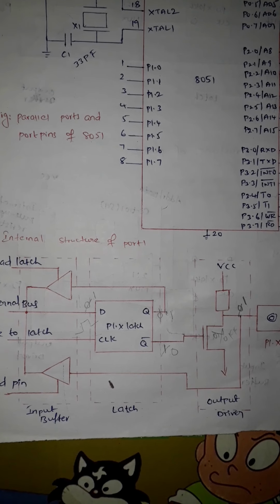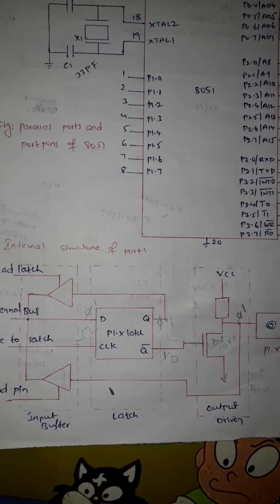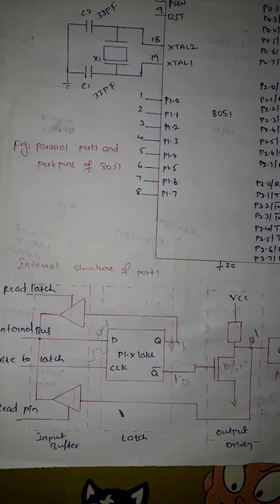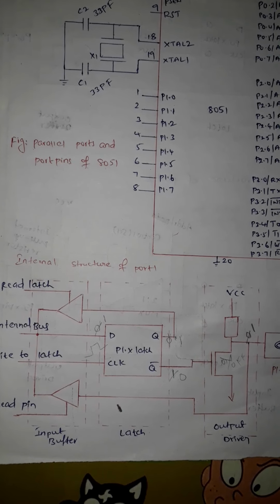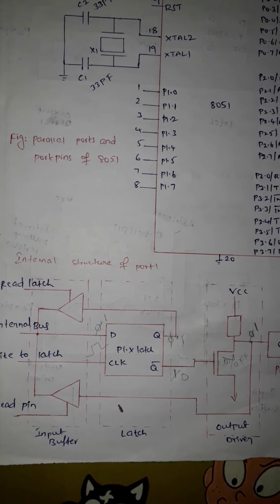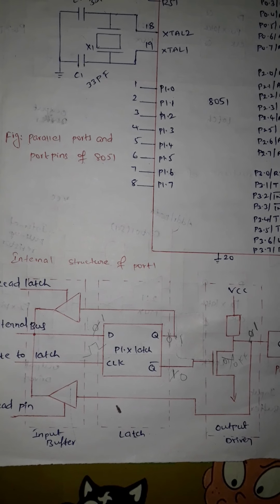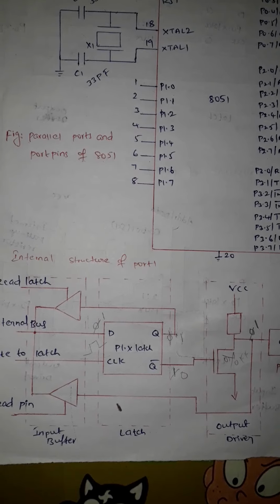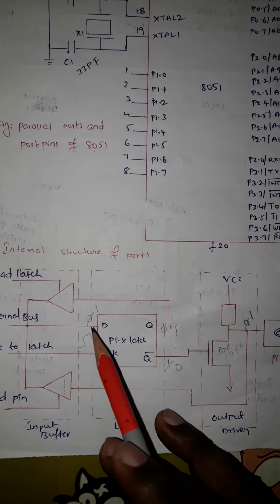Now let us see how this port can be used as an input port. If you want to use this port as an input port, this is somewhat a typical operation in making the port used for an input operation. So let us see this operation. The first thing you want to do, if you want to use the port as an input port, is to write a value 1 to the port initially. We have already done that operation, writing the value 1 to the port.